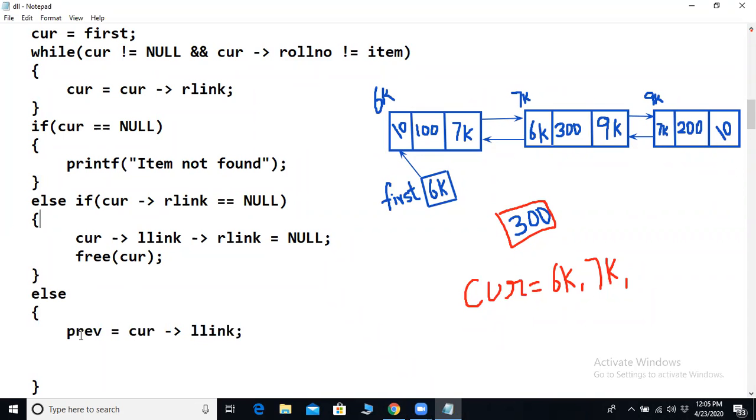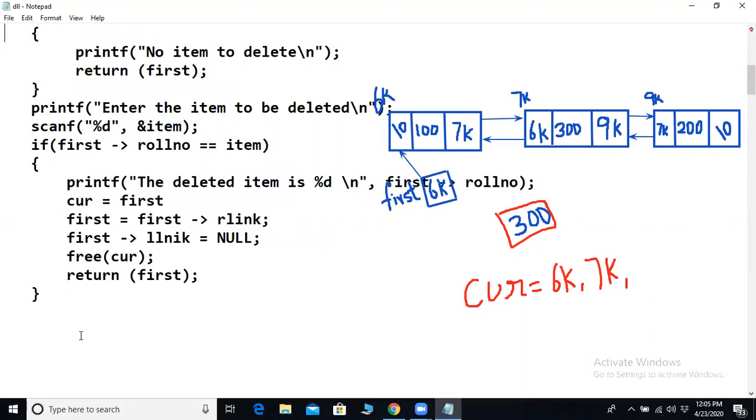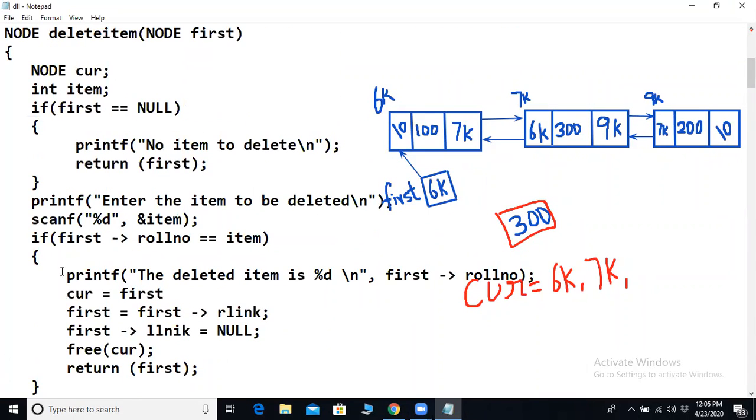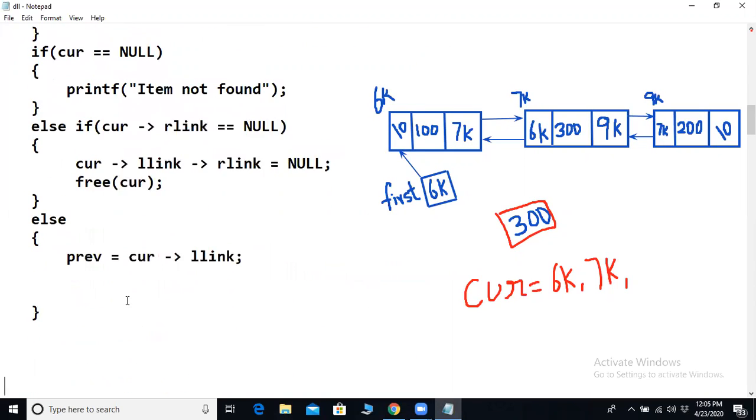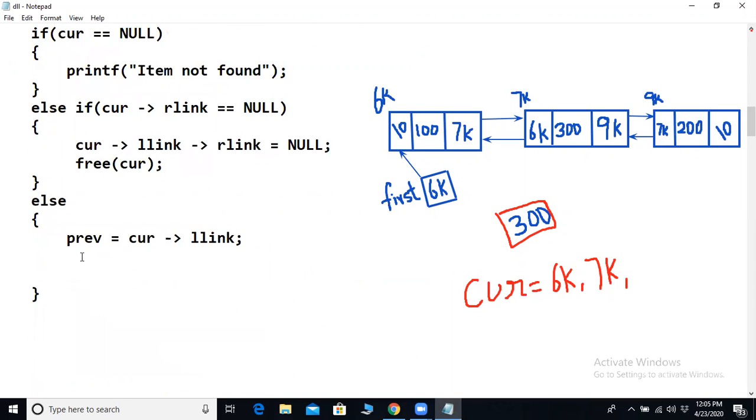So again I have to go back here, starting in the node cur comma prev. Okay, I have declared it here, so now I can use that prev here. So now tell me what happens to the prev, one more variable that we have taken. Prev is equal to 6K.